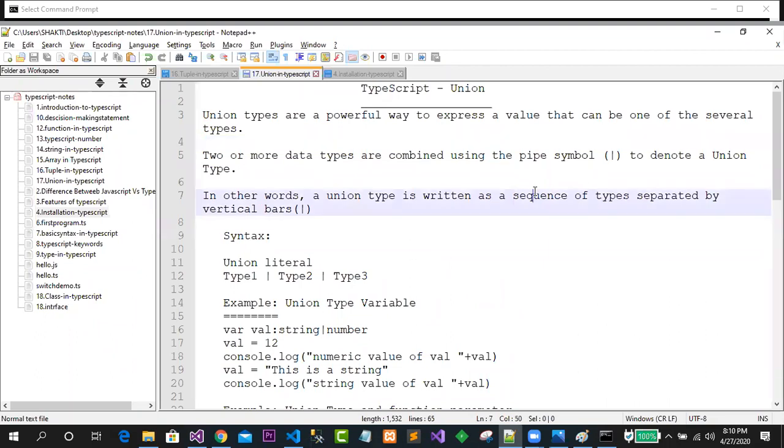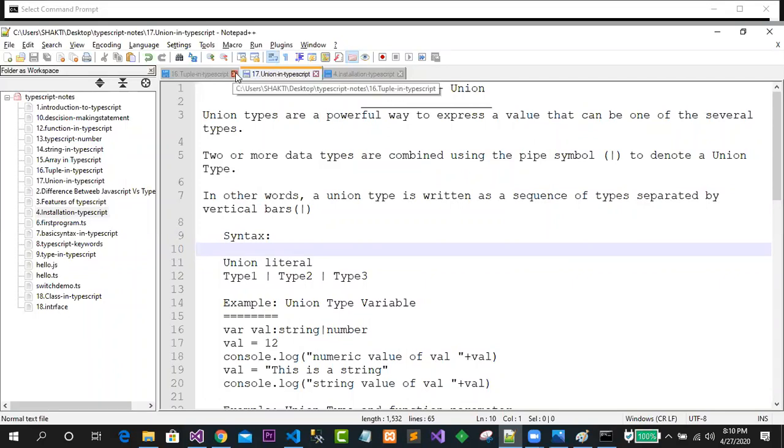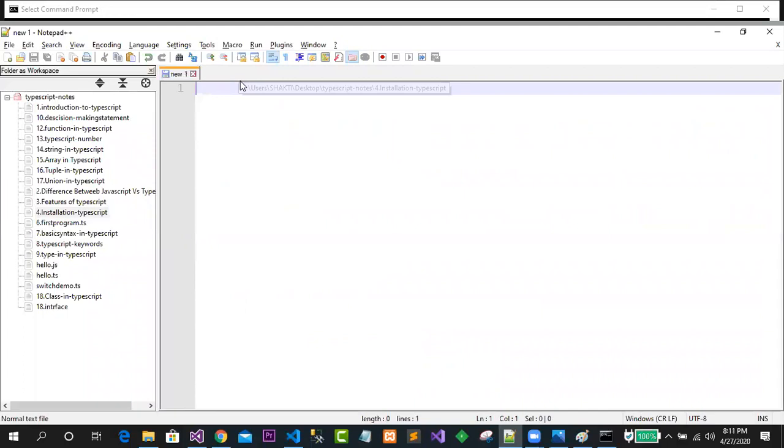Ready? Okay, so now after everything, the most awaited topic is what? Class and object. Everyone was expecting: TypeScript is what? A class, object-oriented concept. It means that the class keyword must be supported, and yes, in TypeScript the class keyword is supported. Okay, and we will see the class and object concept today in a little bit.